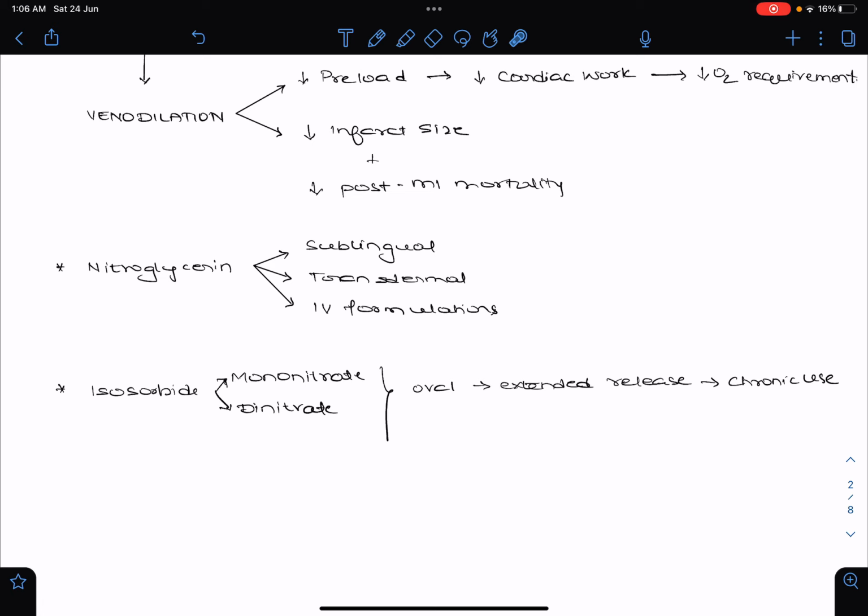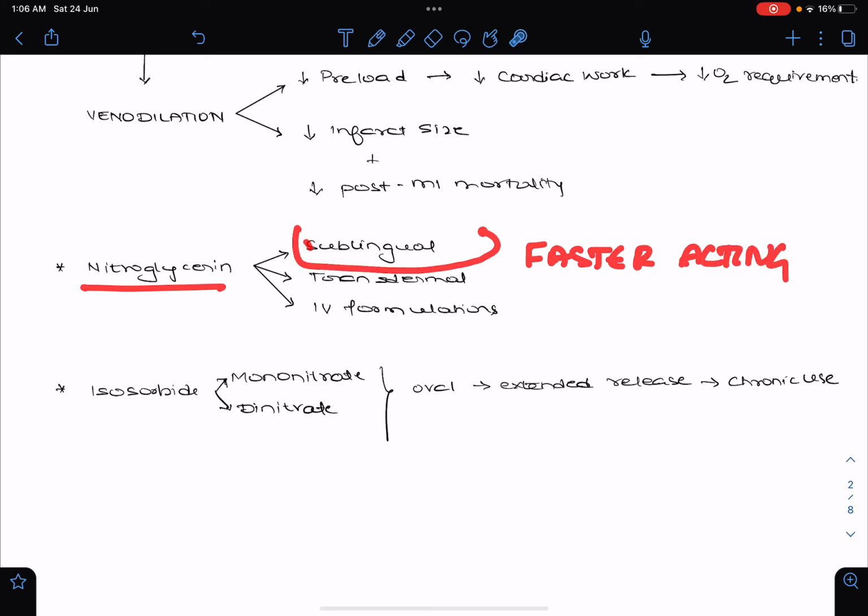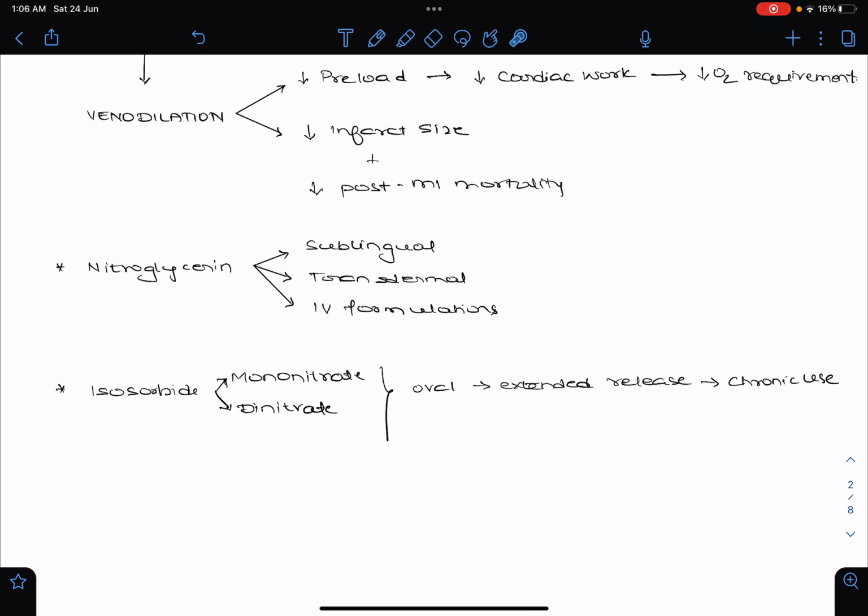On the other hand, we also have isosorbide dinitrate and the mononitrate. Isosorbide dinitrate is longer acting, whereas nitroglycerin is faster acting. So sublingual tablets are preferred here. Isosorbide mononitrate and dinitrate are given through the oral route. They have extended release formulations, which are useful for chronic use in angina, for prophylaxis of the